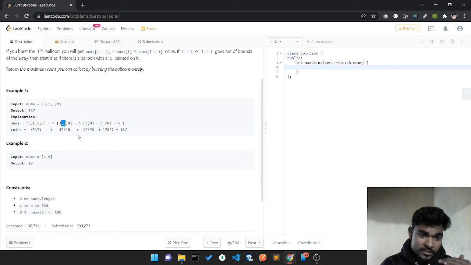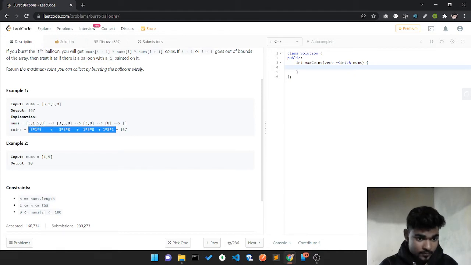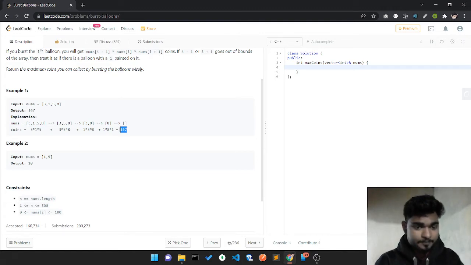Then the remaining one is 8, and it goes out of bound on both sides, so I treat them as 1, so currently it's 1 8 1. We add every value, and what we get is 167. So we have to pick wisely.